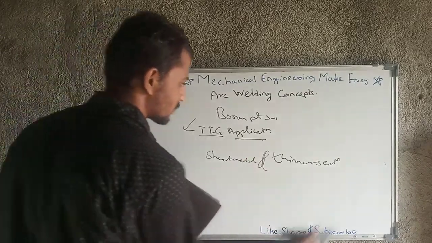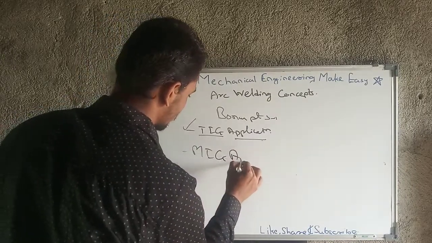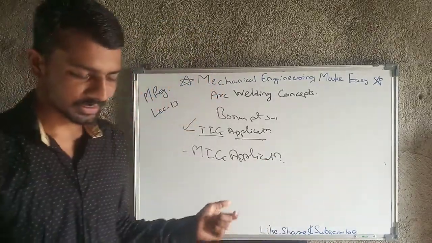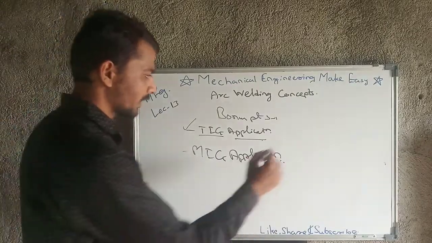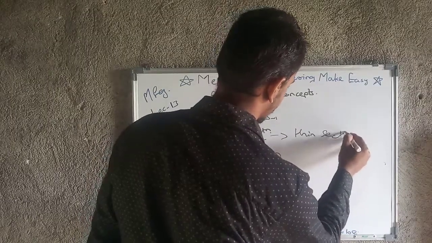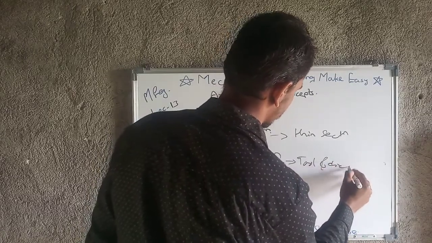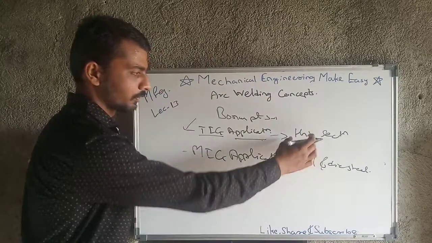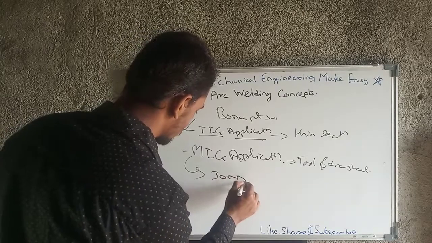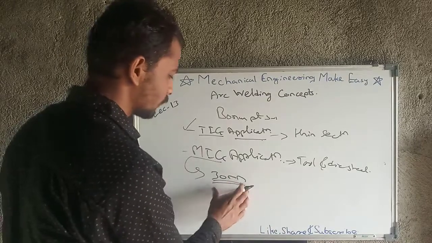So we will move towards the next, and that is MIG applications, that is metal inert gas welding applications. What are they? Tool steels and dies. You can imagine, here we were using the words thin sections, and here we have directly moved towards tool and die steel. This difference is because MIG can join up to 30 mm thick within a single pass only. This is a great advantage of MIG, and that's why we can use it for tool and